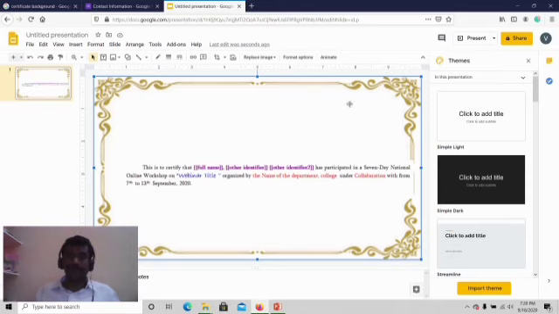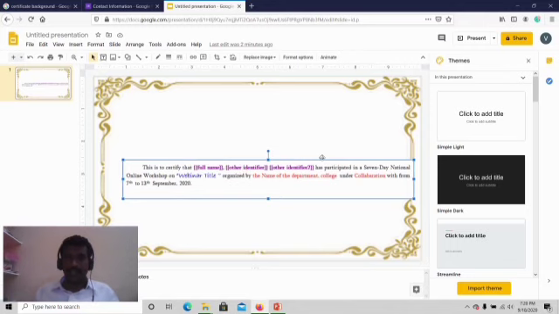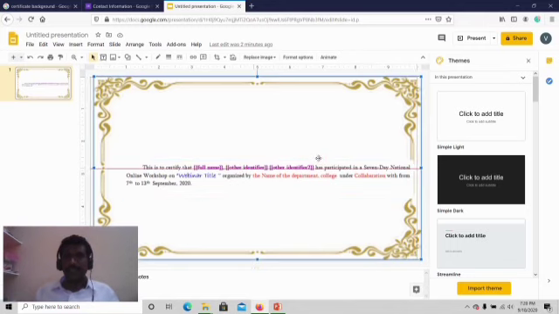One is full name, second one is other identifier, third one is other identifier 2. So in other identifier we can give the department name, and other identifier 2 is your college name. Understand? Okay, so that is very important.